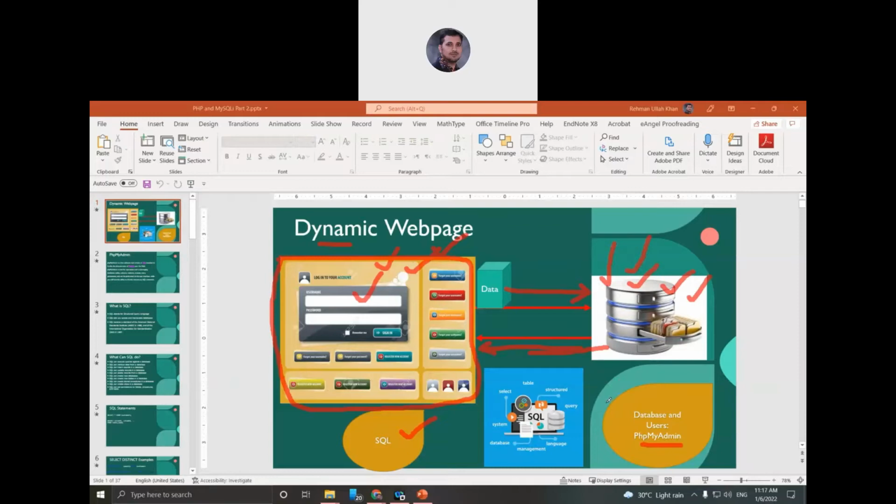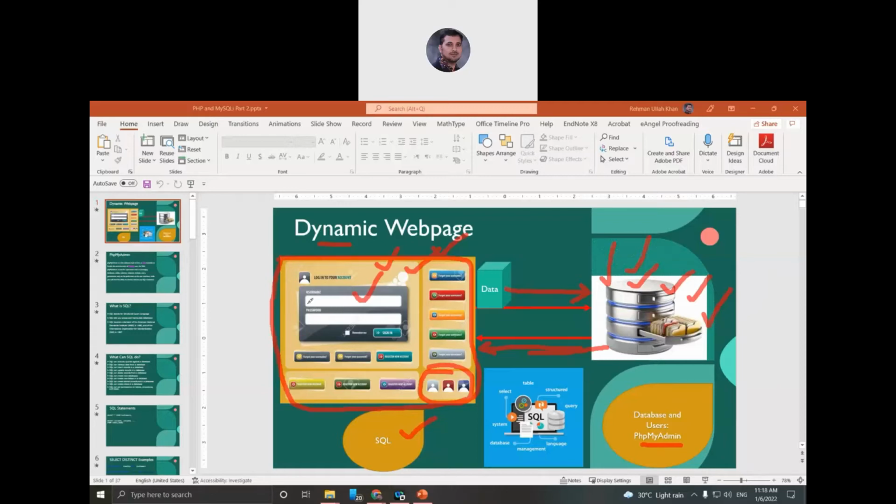We will use phpMyAdmin to design a database, and a database is actually a complete system. It contains tables, views, stored procedures, and functions, and it also has a major component, how to manage users, for example, admin users and public users. In a website, there will be some private sections and some public sections.